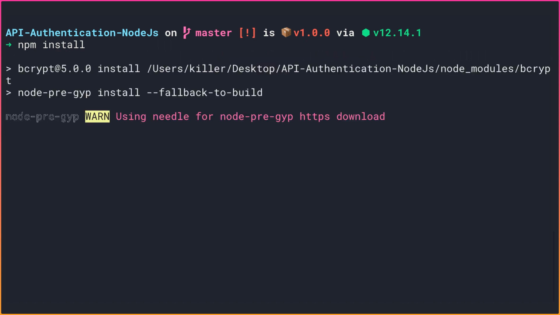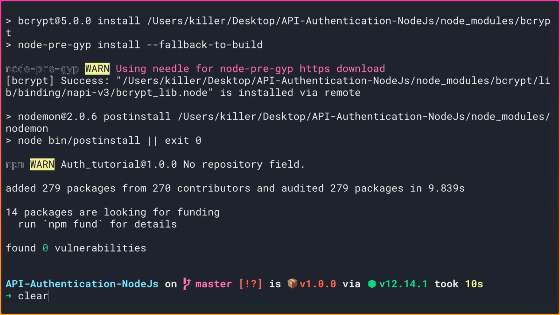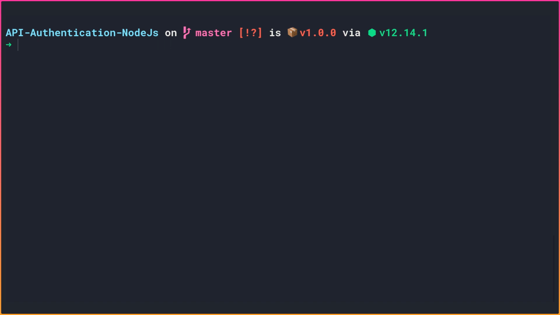So this is how we update dependencies inside our project. Now let me clear out the console, and let me show you one more thing, that is how to update the dependencies that are globally installed on your system. For that, from any directory, you simply need to do ncu -g, and it will check all the dependencies that are globally installed for updates, and it is going to run.